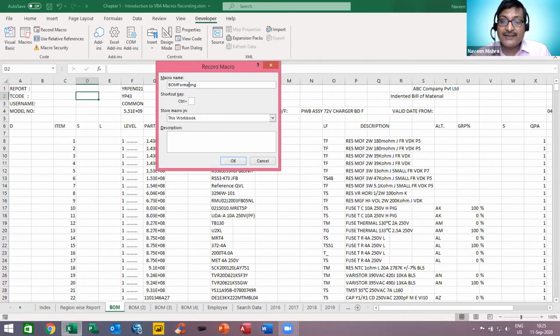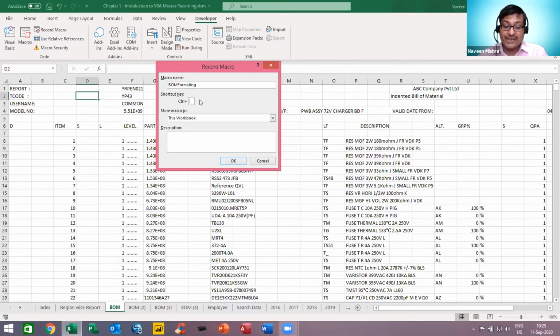Now next, I will move my cursor here. The next option is the shortcut key. The shortcut key will help you to run your macro, okay? So what shortcut key do you want to assign here? You can use any shortcut key, but don't use an assigned shortcut key. Please always use an unassigned shortcut key. A lot of unassigned shortcut keys are available in MS Excel, like Control plus Shift plus A. Control A to Control Z are already assigned, right?